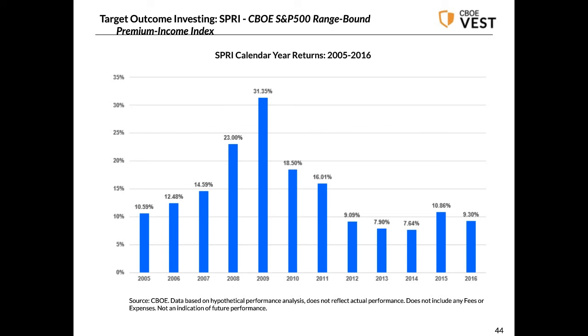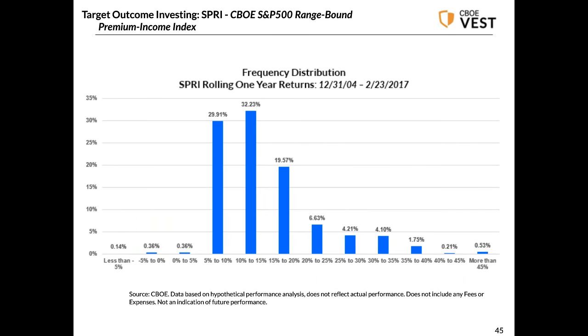We all hope that those years of high volatility that we had during the financial crisis will not be repeated. But in fact, this type of strategy where you're selling that high volatility with a target income would have performed well because there was so much reward from selling volatility during that time frame. Another way to look at the risk of this type of strategy is to look at the frequency distribution of the one-year returns, and you can see what the likelihood is of negative returns. So pretty small likelihood. About 82% of the returns are within 0 to 20% on a one-year period.